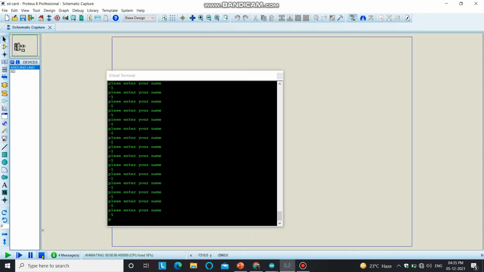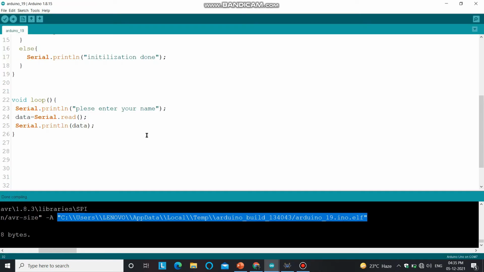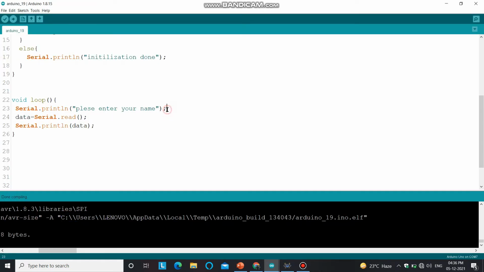So let's open our Arduino IDE. For this you have to check whether there is any information entered by the user, using the command Serial.available.